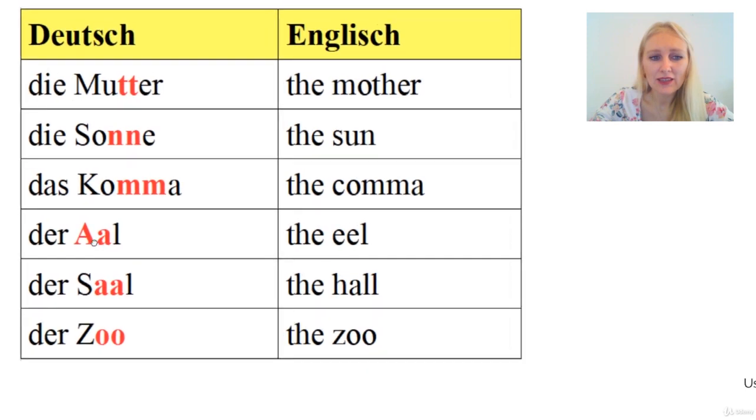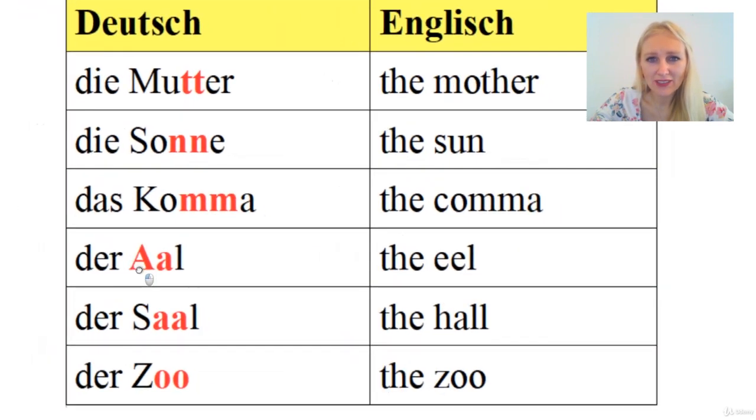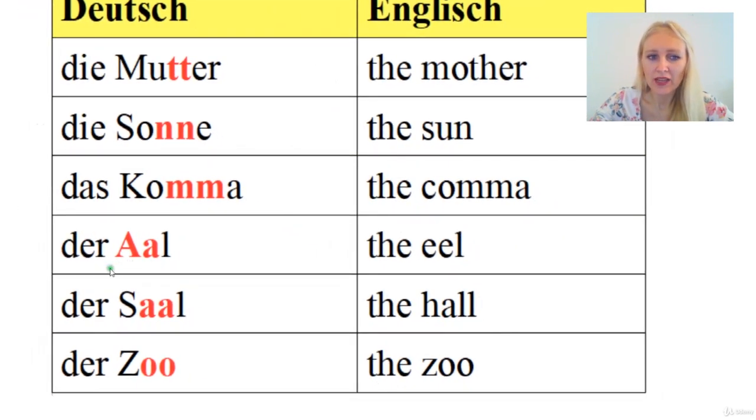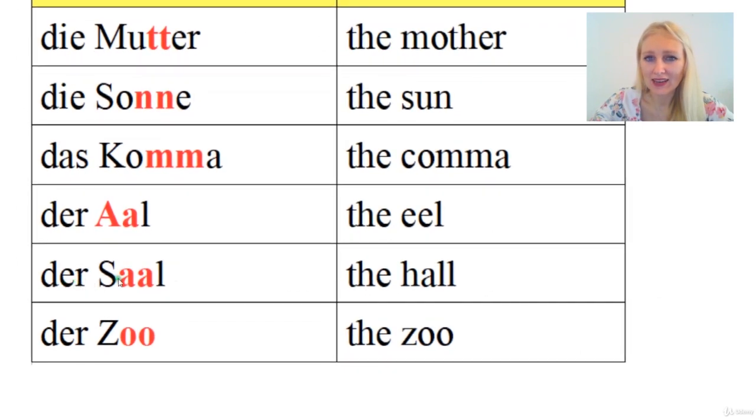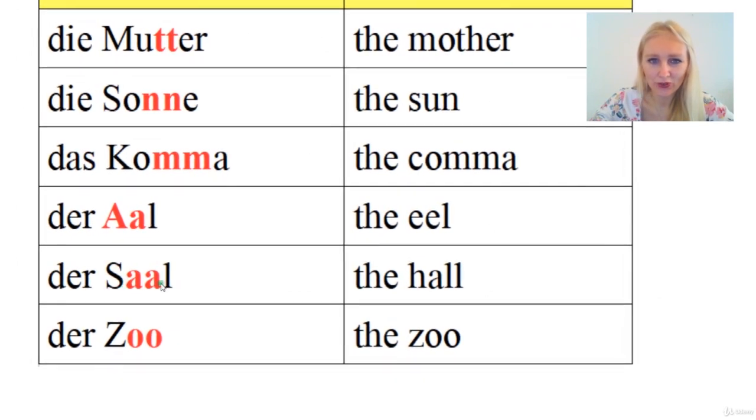Then it's quite the opposite for vowels. If you have a double vowel, then you stretch it. So here it's der Aal, okay, so it's not al, it's der Aal, long A. Or here, der Saal, okay, der Saal, also stretched. Und der Zoo, der Zoo. Please get used right from the beginning to the German Z, okay, it's very strong. Zoo, der Zoo. Okay, so here a long O also.